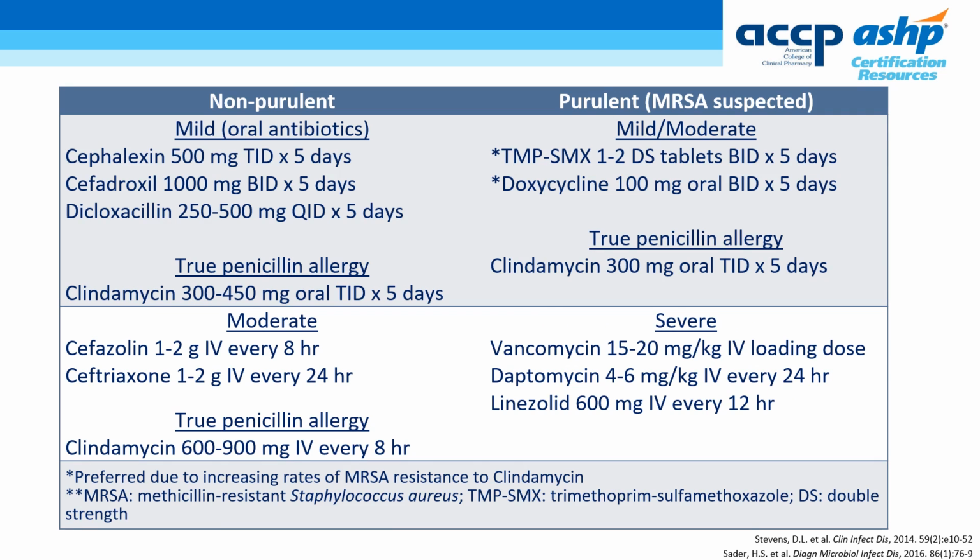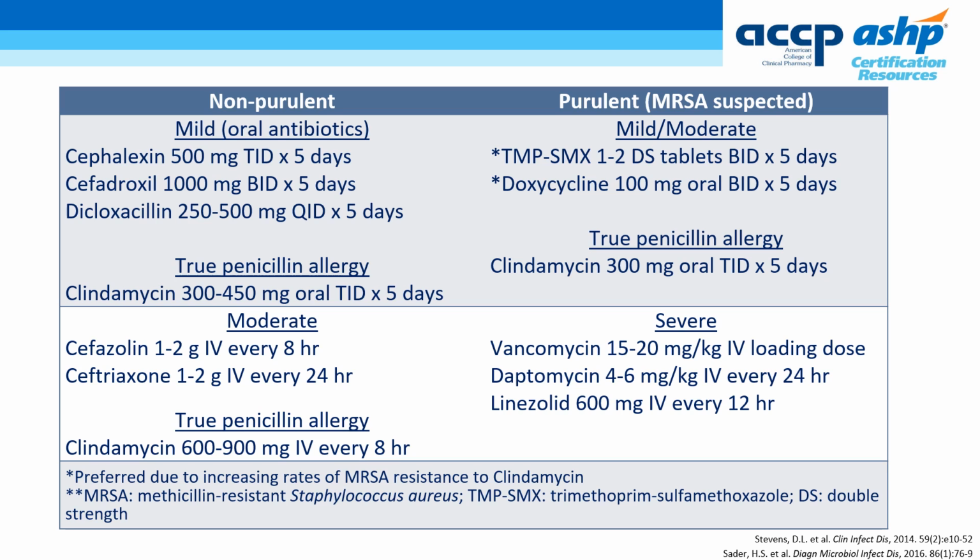The majority of community onset and non-purulent skin and soft tissue infections are caused by either Staphylococcus aureus or one of the beta hemolytic streptococcal species. So, beta-lactam antibiotics such as cephalexin, cefadroxil, or dicloxacillin can be used if only a mild infection not requiring intravenous therapy is present. If the infection is more severe, or if the patient is experiencing systemic signs of infection, then intravenous antibiotics should be used, including cefazolin or ceftriaxone. If the patient has a penicillin allergy, clindamycin can be substituted.